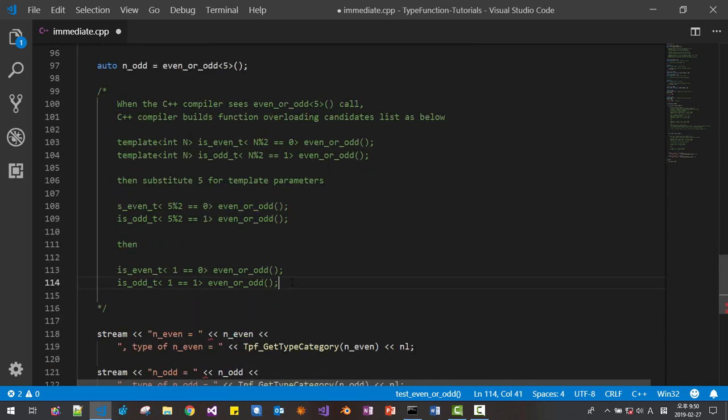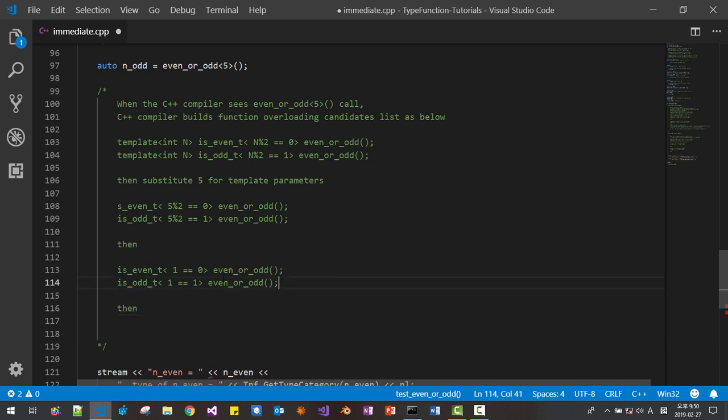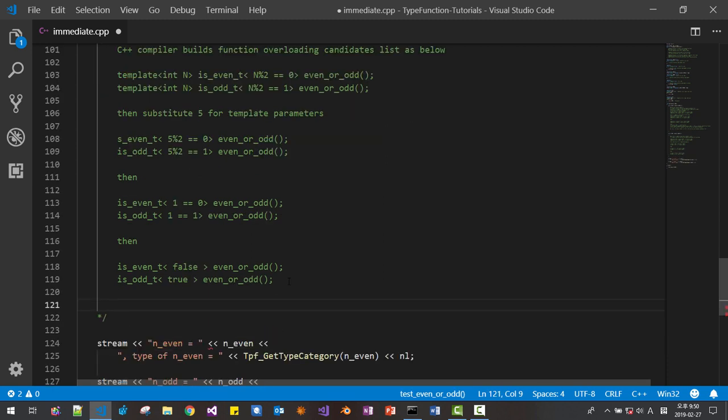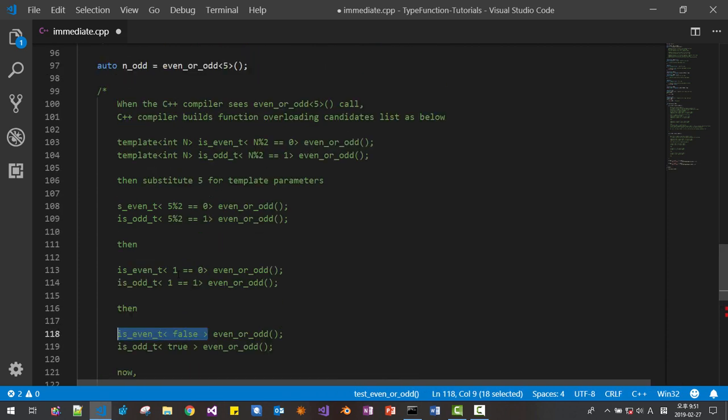Okay, so then it becomes again like this. This is false. This is true. Now, is even t false?